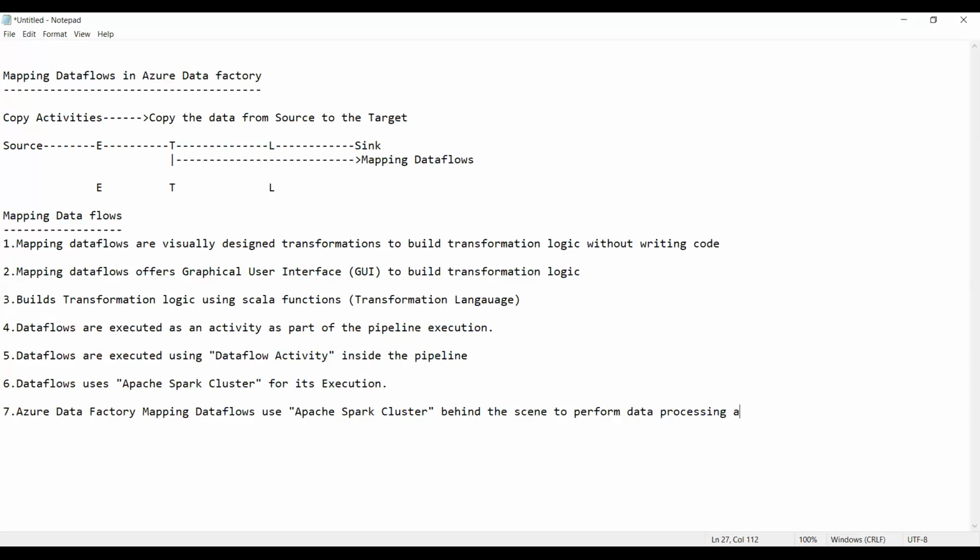And if the default settings are used, each data flow activity inside the pipeline